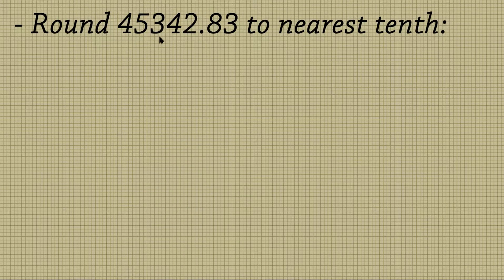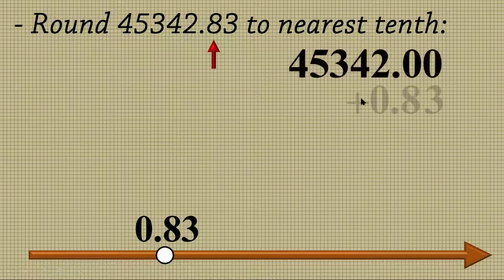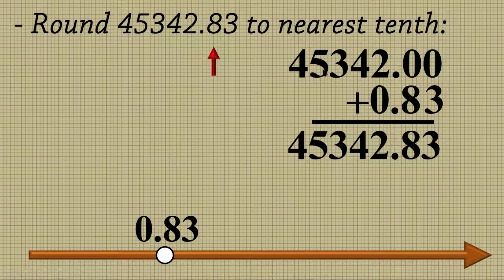Round 45,342.83 to nearest tenths. Pay attention, my target number place is tenths and 8 is the digit occupying that number place. So let's put 0.83 here on the number line. If you remove 0.83 from the original number, it could be like this: 45,342.00 plus 0.83. If you concentrate on 8 as the digit occupying the number place of tenths, 3 is